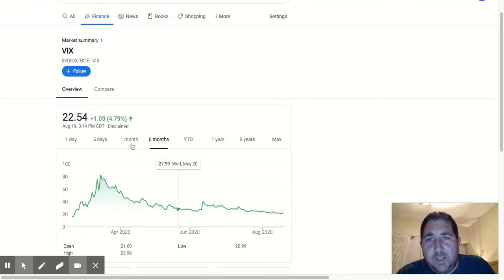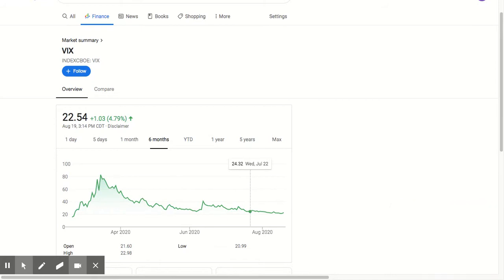And what it is, basically, is an indicator. It comes from the CBOE. It's the CBOE's Volatility Index. So it's a popular measure of the stock market's expectation of volatility based on S&P 500 index options. CBOE is the Chicago Board Options Exchange. I should probably know that, but yeah, Chicago Board Options Exchange. And so what it's telling us is how volatile the stock market is.